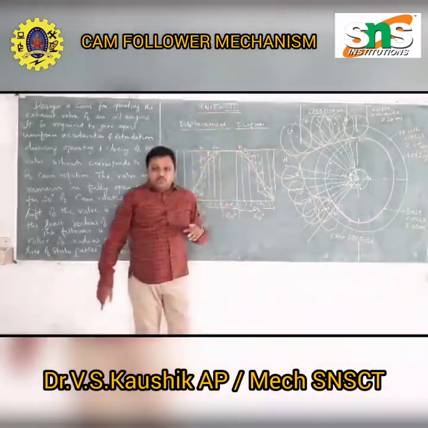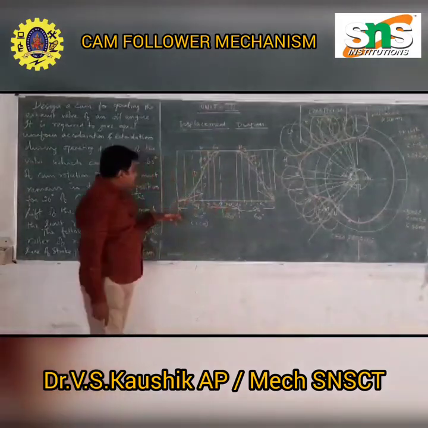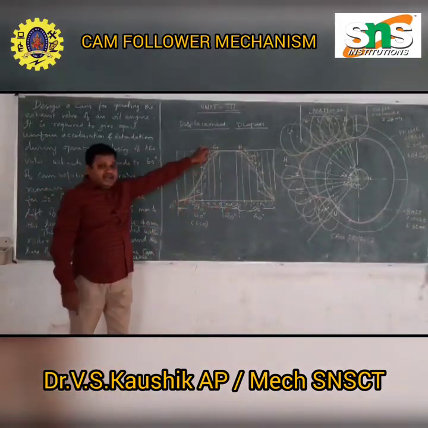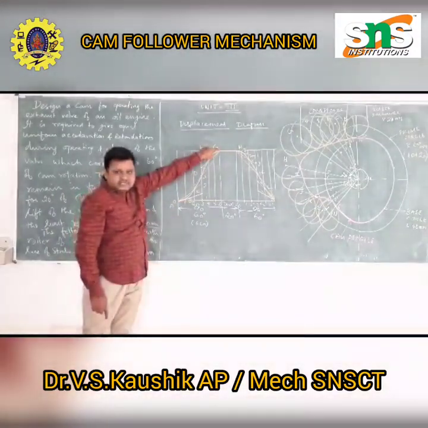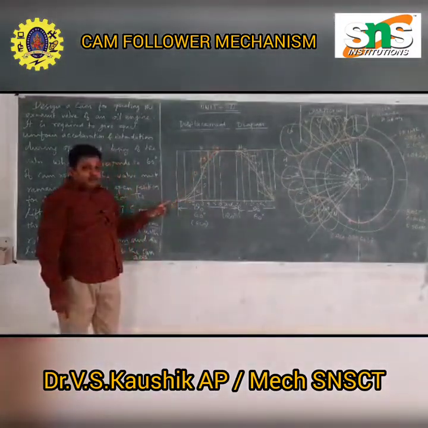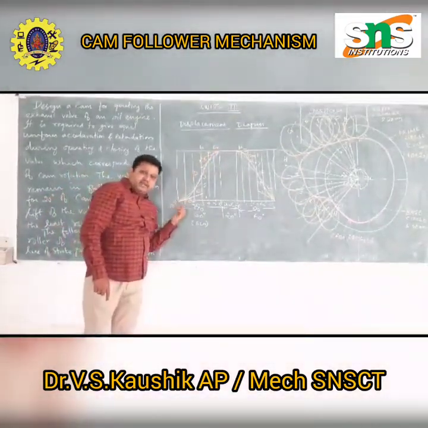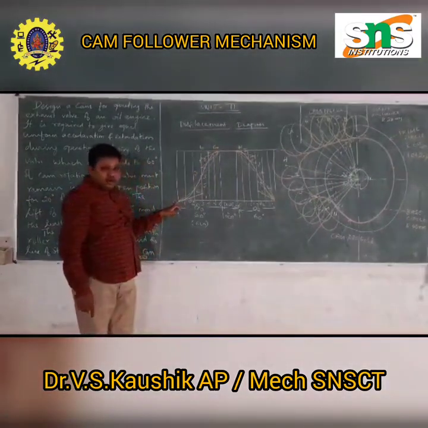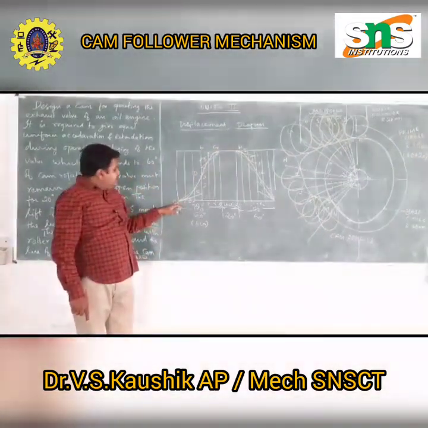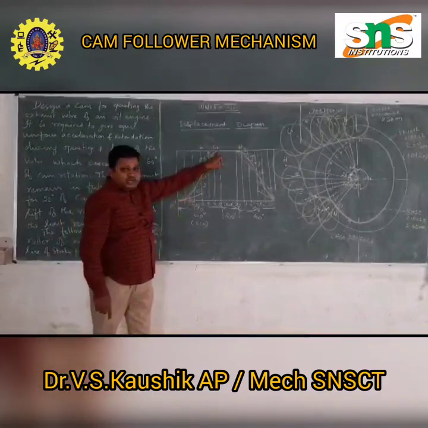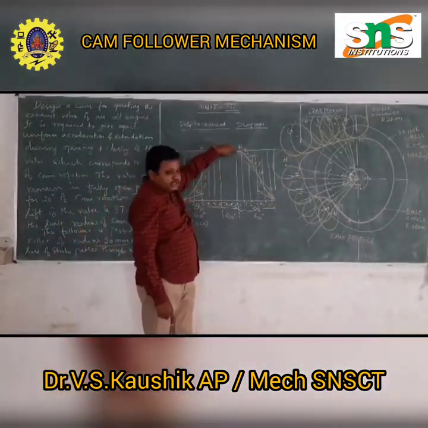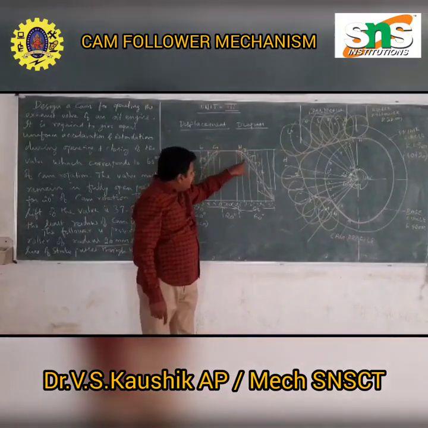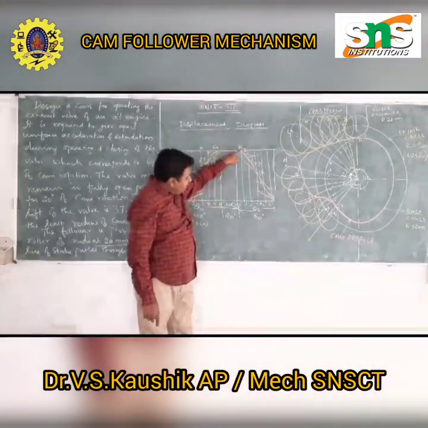Divide into 6 equal parts, and you should draw the diagonal which connects the top of this 60 degrees and the bottommost point of this 0 degrees, from where I have started the point. And for the remaining 12 positions, you should draw the diagonal from here, the H point, till